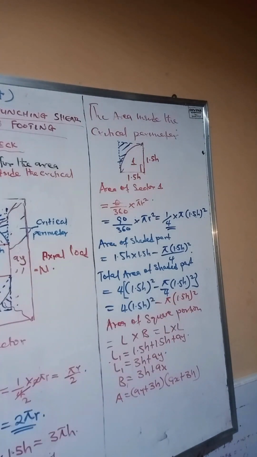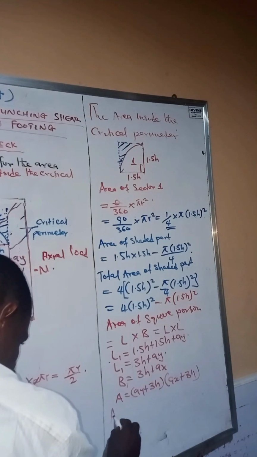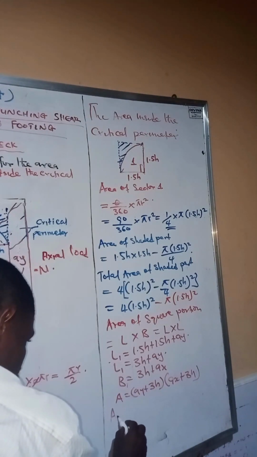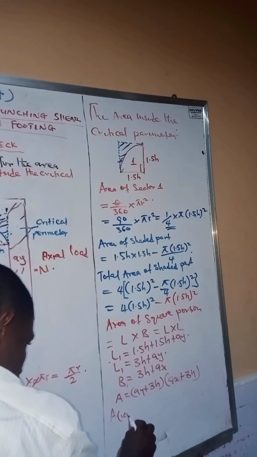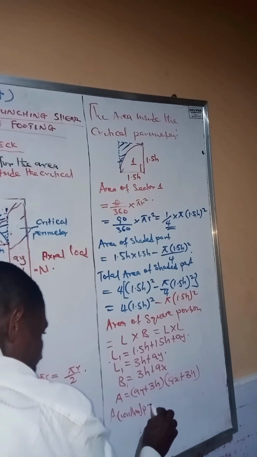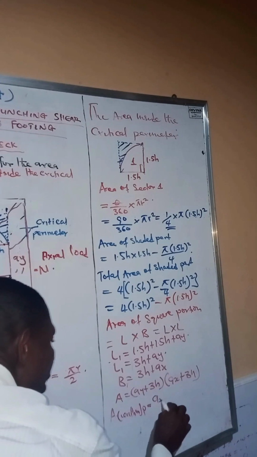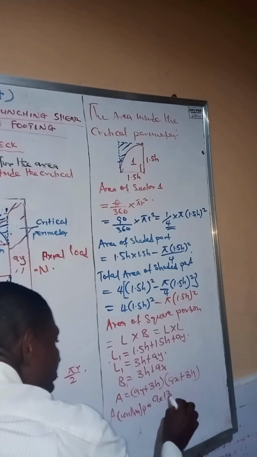So we are removing them from the entire area so that we can have the area that is within the critical perimeter. So for us to get the area that is within the critical perimeter, we'll say area within perimeter becomes AX plus 3h